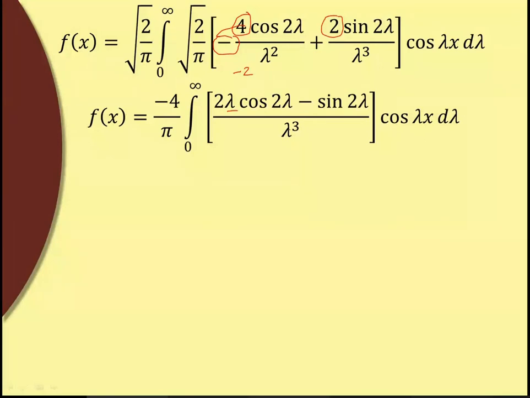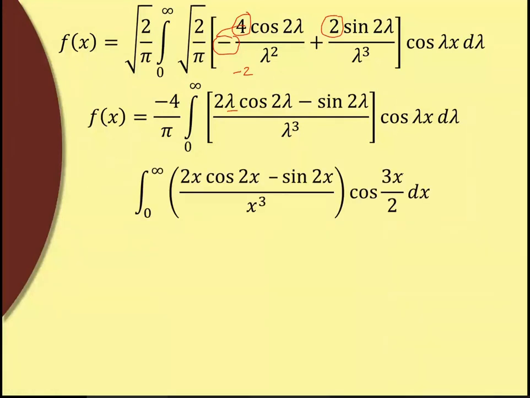Now there is one more part given in the problem. It is asked to evaluate the value of one integral. So just look at the integration which we got and look at the integration which we want to find. Compare them and then do the proper substitution for the lambda and x terms. By doing the proper substitution, we can easily get the value of the integral. We don't have to actually solve the integration.